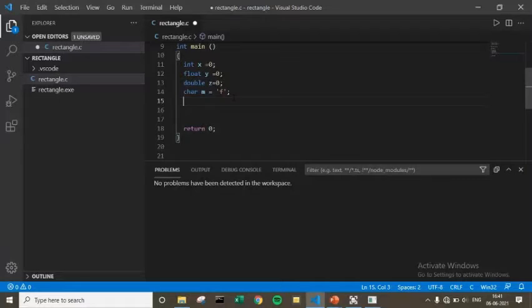You will study arrays in the later part of the course, but for now understand that you have to put the value of character variables in single quotes.